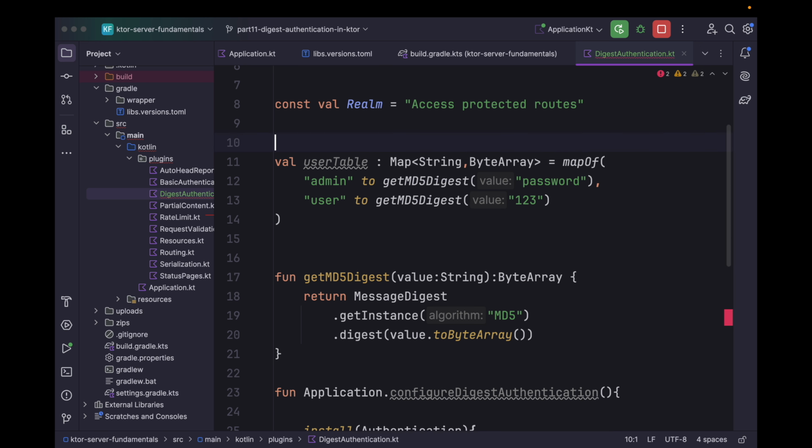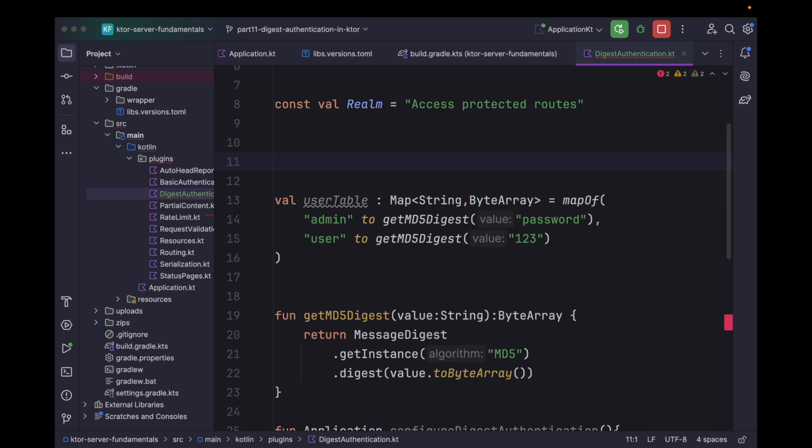In digest authentication, the format for storing this password is: we have the username followed by the realm, then the password that the user has entered. We have username colon the realm value colon the password. All this together is converted to this hash, then stored.